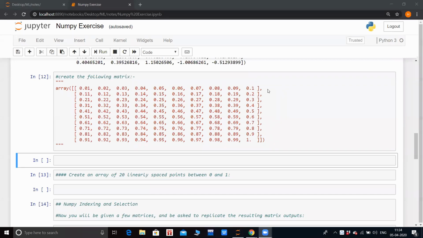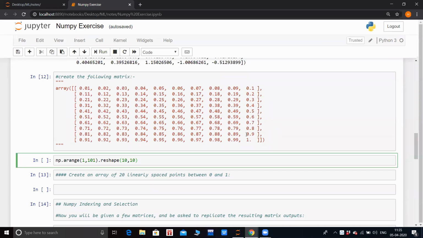Okay, I'll give you the answer now. So it will be np.arange 1, and you may get different answers, no issues. I'll just try it myself. Reshape 10 by 10, and this will give me a 10 by 10 matrix from values 1 to 100.